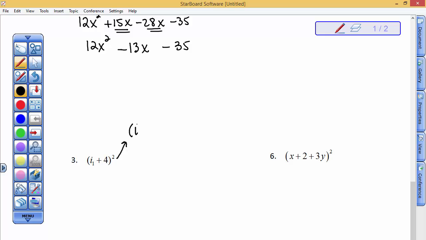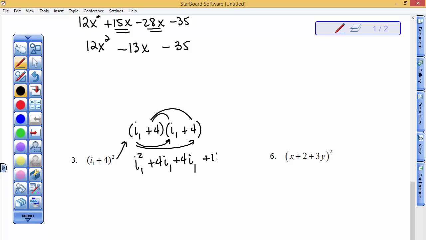So I sub 1, I'm just trying to get you to hear subscripts again, plus 4 times I sub 1 plus 4, because I want you to square it. So I want that binomial squared. So I times I is I squared, but it's I sub 1 squared. Then right here, 4 times I sub 1 is that, and another 4 times I sub 1. They'll combine to be 8 in a minute, and 4 times 4 is 16. So you have I sub 1 squared plus 8 of these I sub 1s plus 16, and you have FOILed